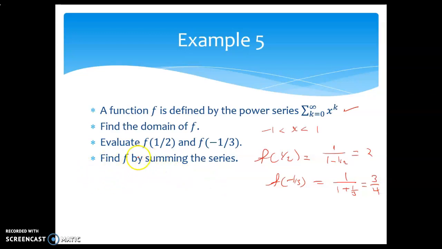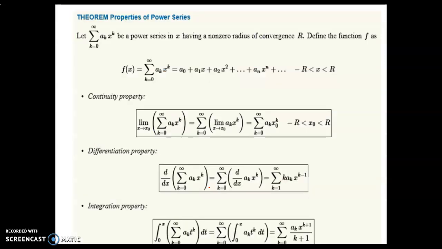So we want to sum up these. If we want to sum up these, the summation of a geometric series is equal to 1 over 1 minus x, x here being the r. So, theorem of properties of series. Here we want to evaluate, we want to actually